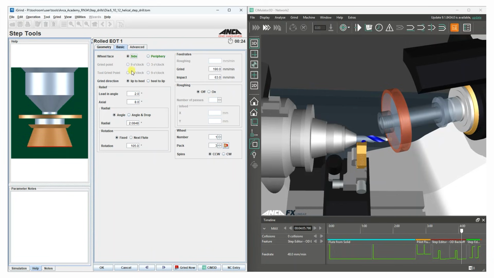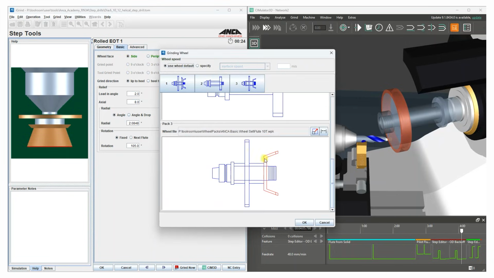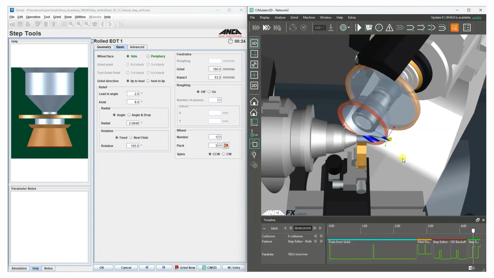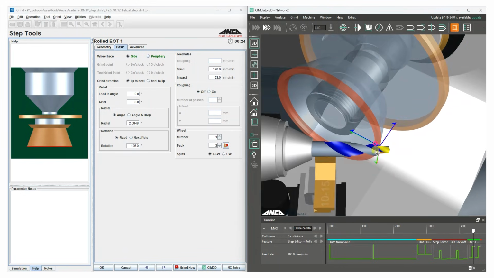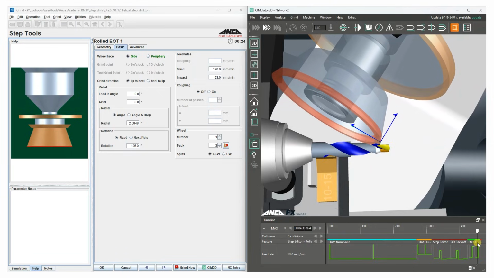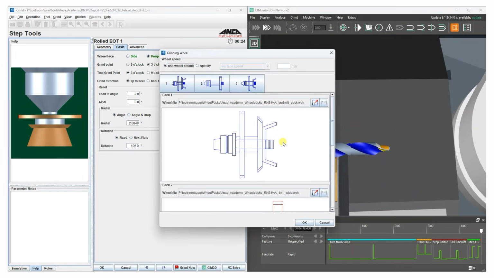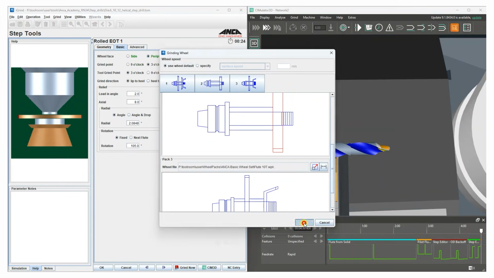Grinding with the front allows the use of a cup wheel, whereas grinding with the periphery allows the use of a 1A1 or 1V1 type grinding wheel.